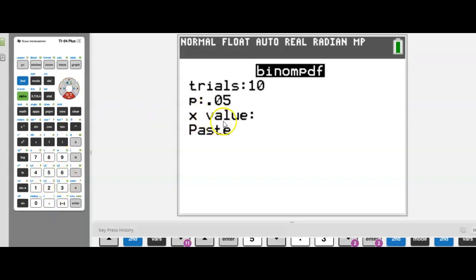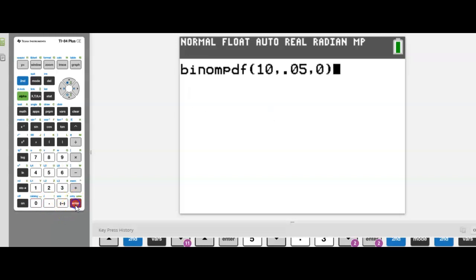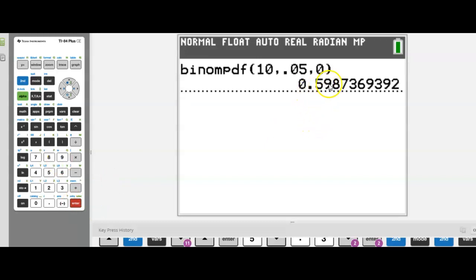Now this time I do need an X value because I'm only going to do this one calculation. I want the value of 0 successes. Paste, enter, enter again, and you will get the probability 0.599 if I round that to 3 significant digits. Now, this PDF function is what you're going to use for any binomial probability that wants you to find the exact number of something. Now, remember in question 2, I wanted to know what is the probability of getting exactly